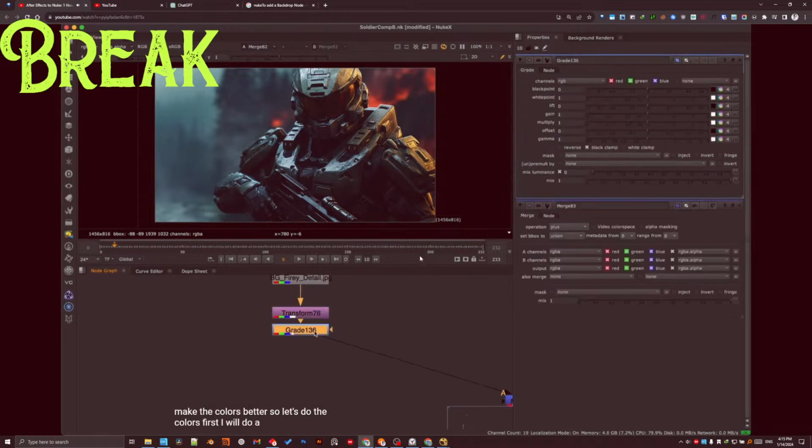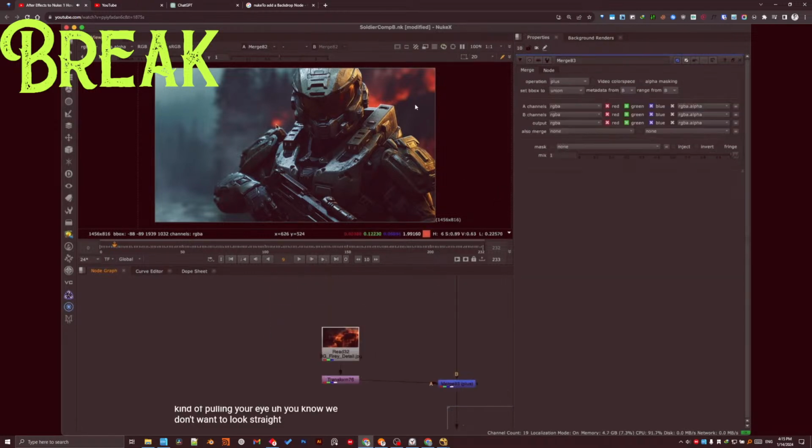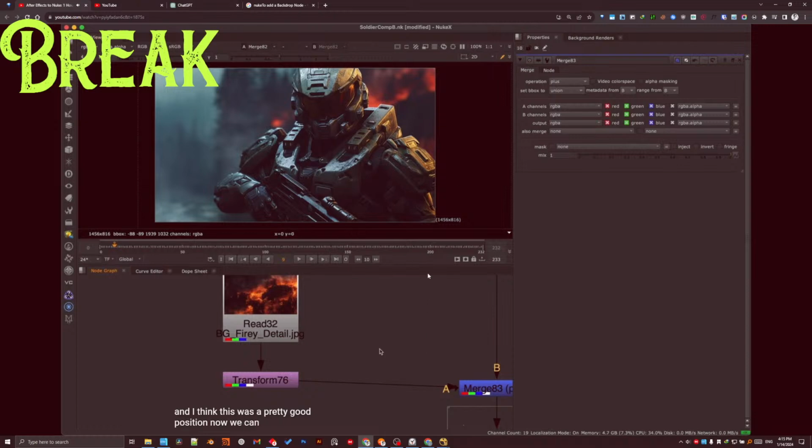Colors. For the colors, we'll do a grade node. Use some of the connected ones. Now we can mask. Also going to have here because it's really red. It's really